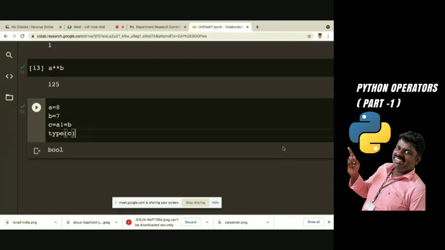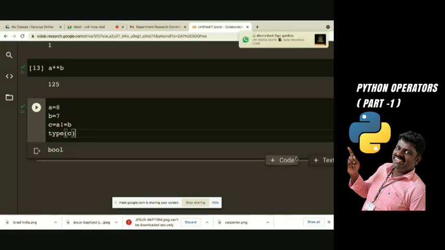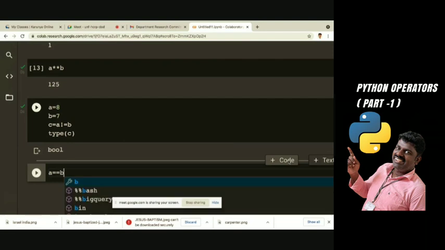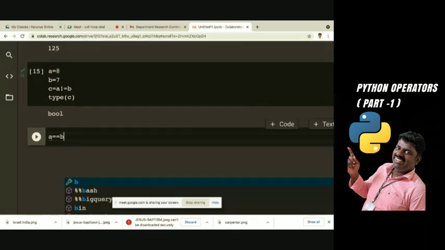Here, when I am using a relational operator like not equal to, it returns the data type bool. Coming to the next, I can check whether both are equal: A equals B. As I told you, one equal sign is the assignment operator, but here I am going for double equal.